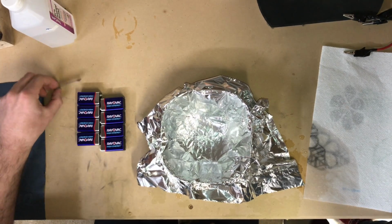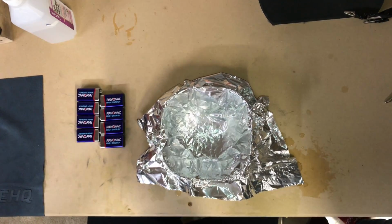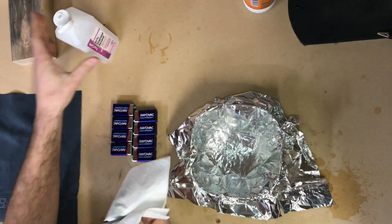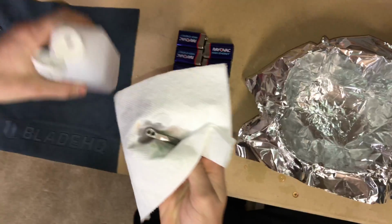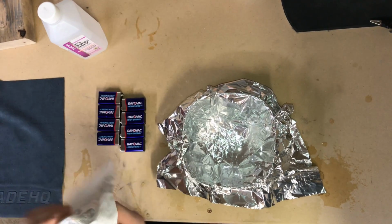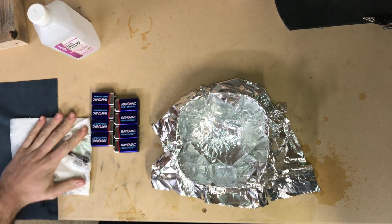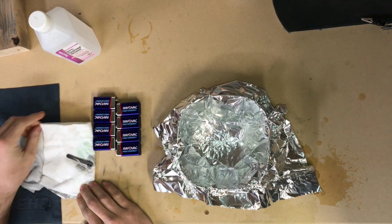Next thing you need to do is take your piece of titanium that you're anodizing. You got to make sure you get all the oil from your skin off. So you want to use the alcohol. I just put it on a paper towel and just dump it right on and just wash it off. And once you do that, you can try to avoid touching it. Could use gloves for this. I didn't have any. You don't really need to, but just do a decent job cleaning it. Let it dry for a minute,